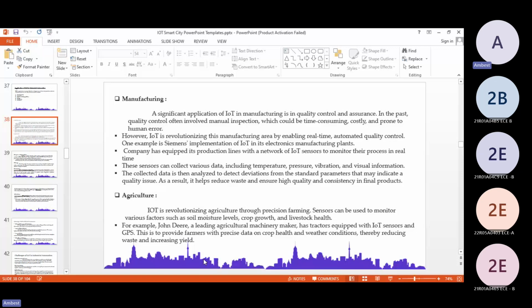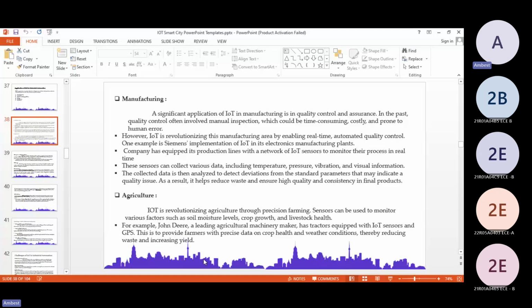The data, whatever it collected, analyzing is the main part of the process. If we want to detect some kind of problem, we have to analyze what the theory was. In that way, we have to analyze the whole data that we collected. After the data collection, we have to detect the deviation in the standard parameters. Normally, we look at the reading of that body, and the deviations from the standard parameters indicate a quality issue.